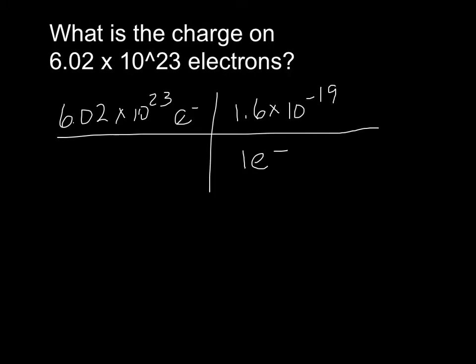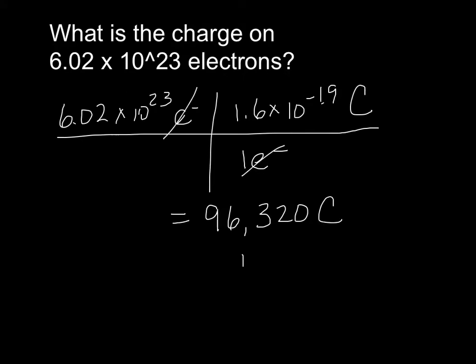Okay, so do a little bit of properties of powers. 10 to the 23rd, 10 to the minus 19. We're multiplying, so we add the exponents. So our answer should be on the order of 10 to the 4th. Let's see what it comes out to. So we get 96,320